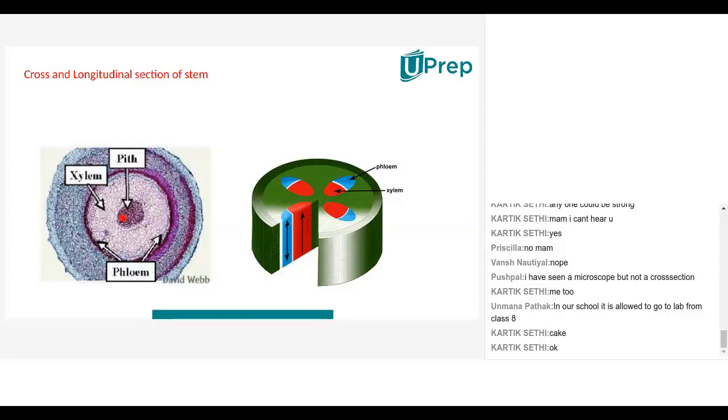Once you put it under the microscope, you will see exactly this. You will see a pith. These white structures are known as the xylem, and this is the phloem. Now, one thing I forgot to tell you is that if you just take it under the microscope as is, it will not be colorful. It will be all white in color, right? So you will not be able to understand. So what is done in a science lab is that a little bit of dye, a little bit of color is added. In this case, a purple dye was added.